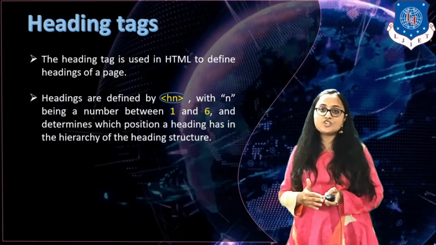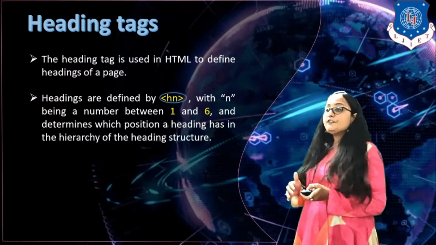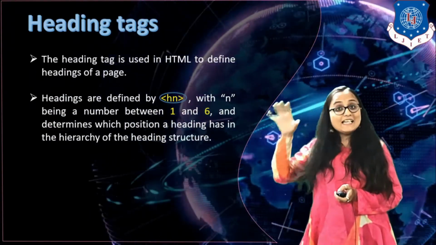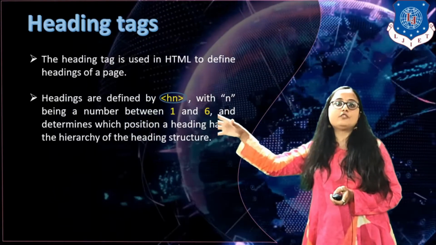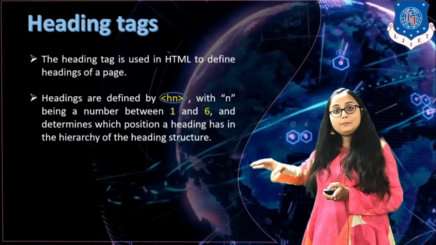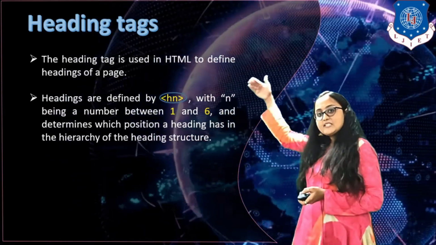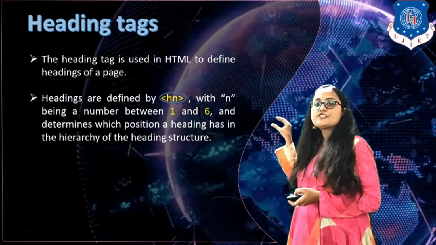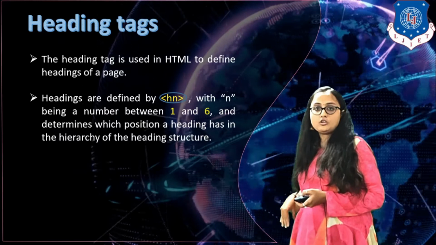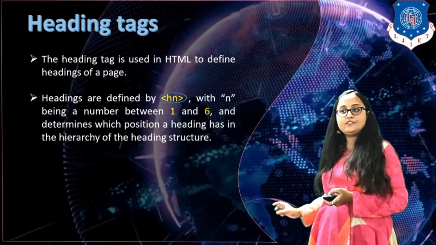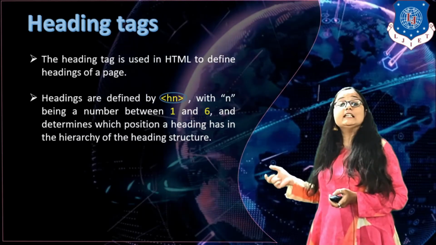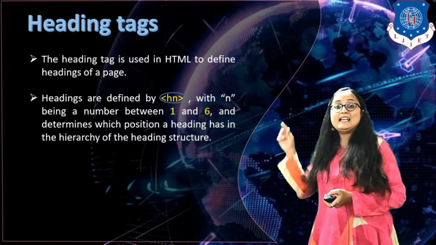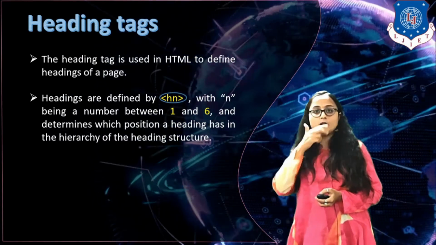What do you mean by the heading structure of your web page? It means that if you are using an H1 heading, it is designated for the most important heading of your web page, and that heading will be in the largest font from the series of H1 till H6. If you are using H2, then it will be a little bit smaller font than H1, and so on. So in short, H6 is the least important heading, and it has the smallest font among H1 till H6, and H1 is the heading which has the largest font.